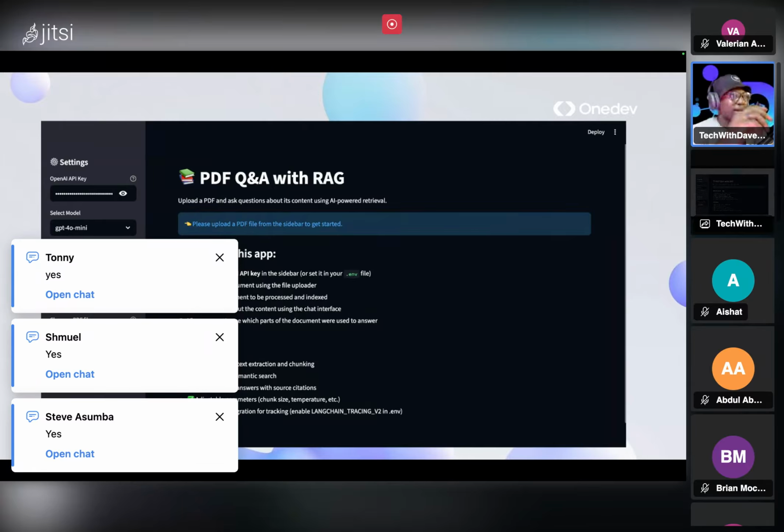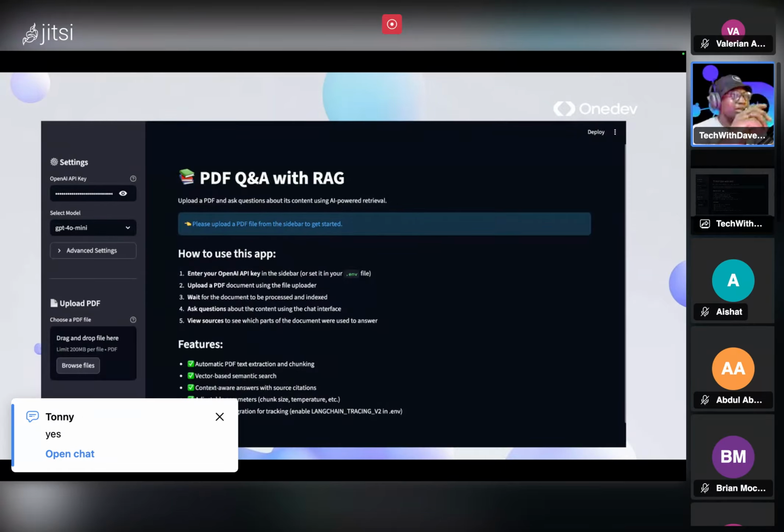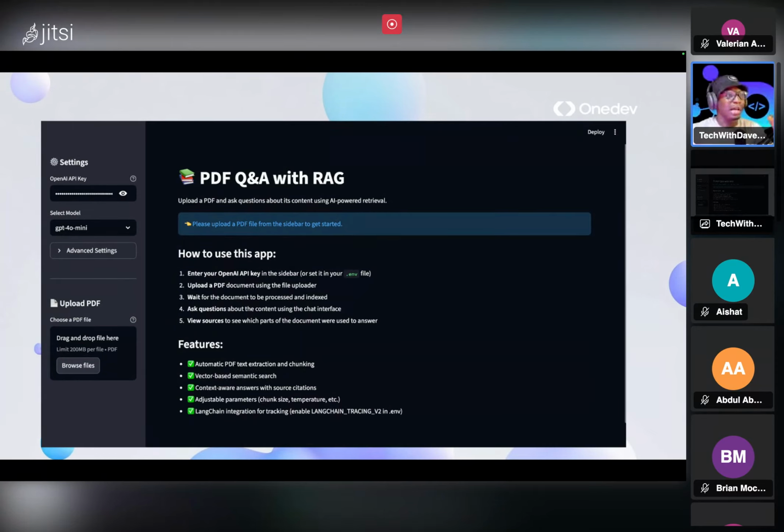Build something like this, and you can see what we have right here. We have the PDF care. Then we're going to also tell the user how to use the application, where they'll be able to enter the OpenAI API key from the sidebar, or we can set it in our env file, and I'll teach you how to do both of that, right? So bonus mark, how to set it in your env, and also how to enter the API key on